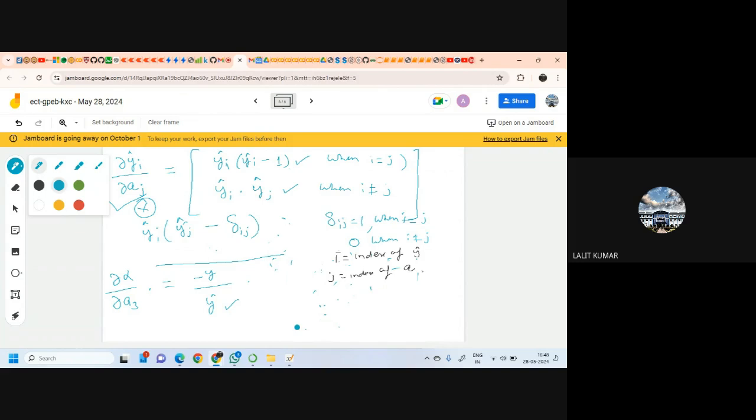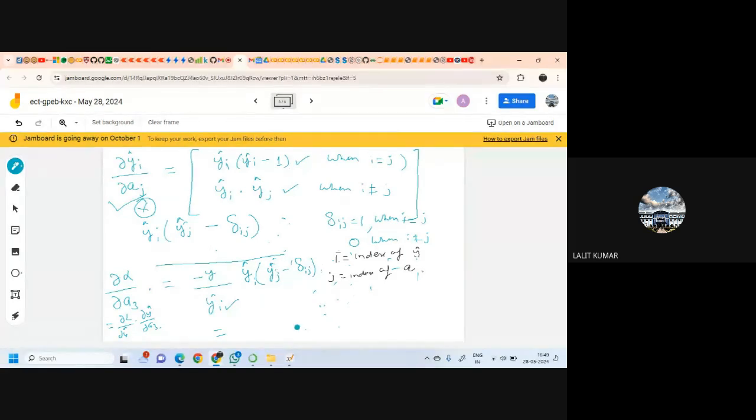So from here, when we take this, del L by del A3 is equal to, we are getting from del L by del y hat and del y hat by del A3. And A3 has three terms: 1, 2, 3. So this we get here, we replace it here. So this y by y hat i, for example, this is i yj minus this ij. Now when we do this,